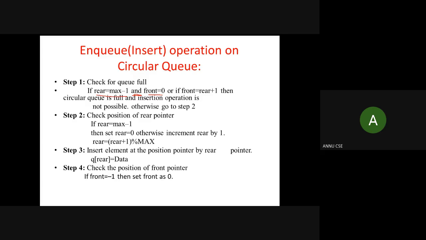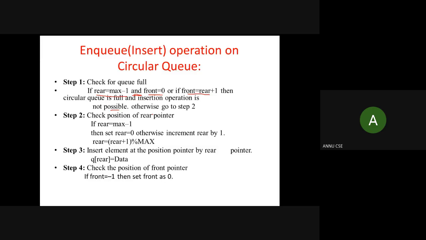Or the second condition is, if front is pointing to the immediate next index of rear, that is, front is pointing to rear + 1. In either case overflow is there and we cannot insert further, so you need to exit this process. If overflow is not there, you can insert further.